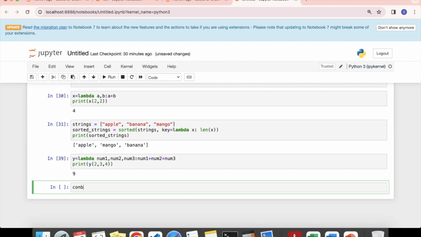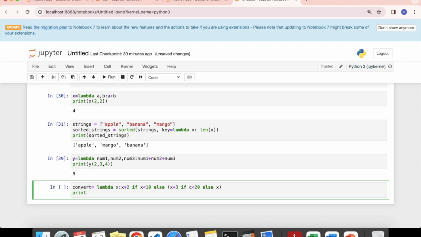So let me say convert is equal to lambda x colon x star 2 if x is less than 10, else x star 3 if x less than 20, else x. Print convert